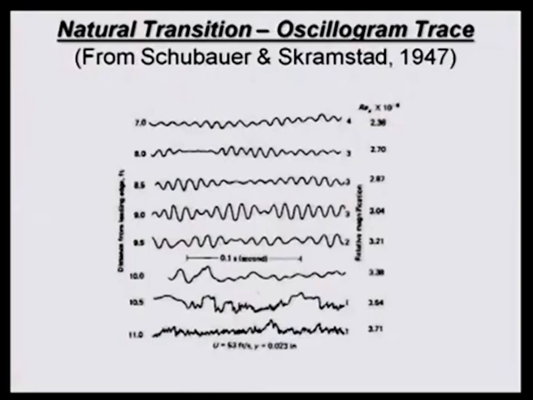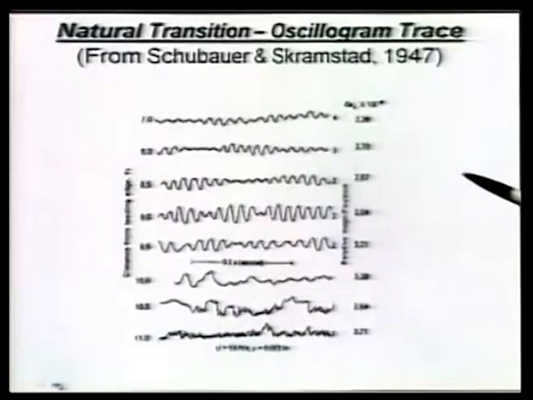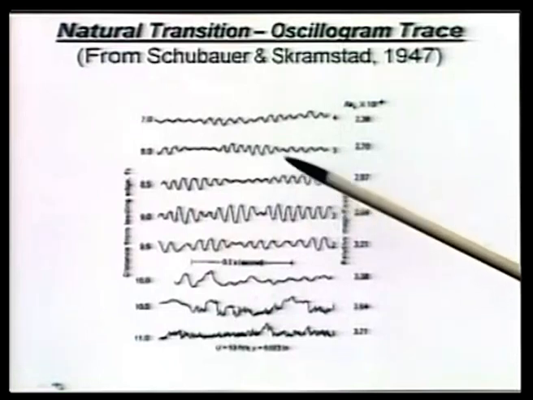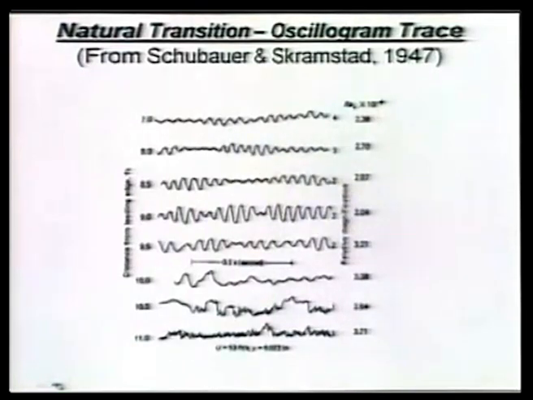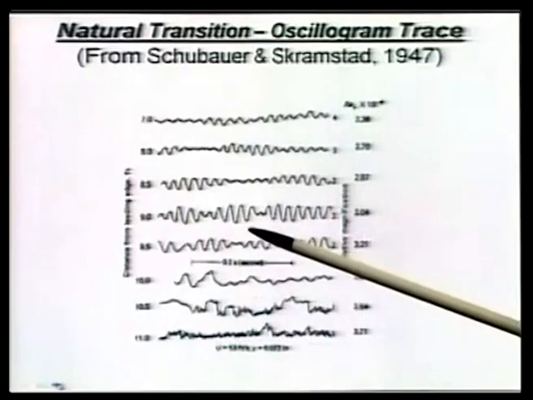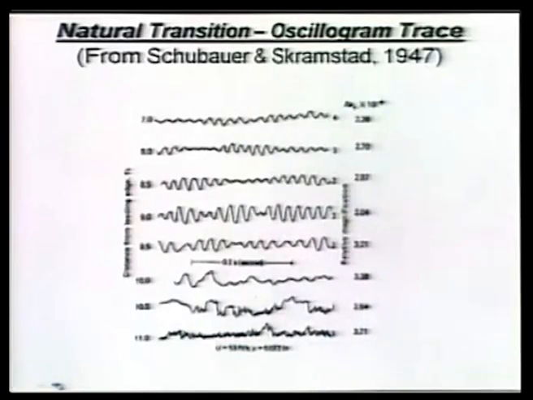A few things become readily apparent: they are not monochromatic. If it were so, you would have seen a single frequency event. So, it looks like a collection of many frequencies and they are mutually interacting. That is why you get wave packet like features of the flow. And what happens secondly is that when you go